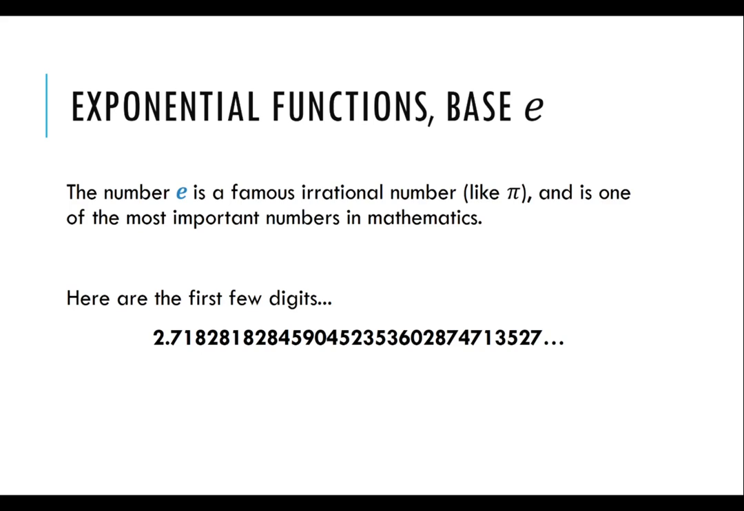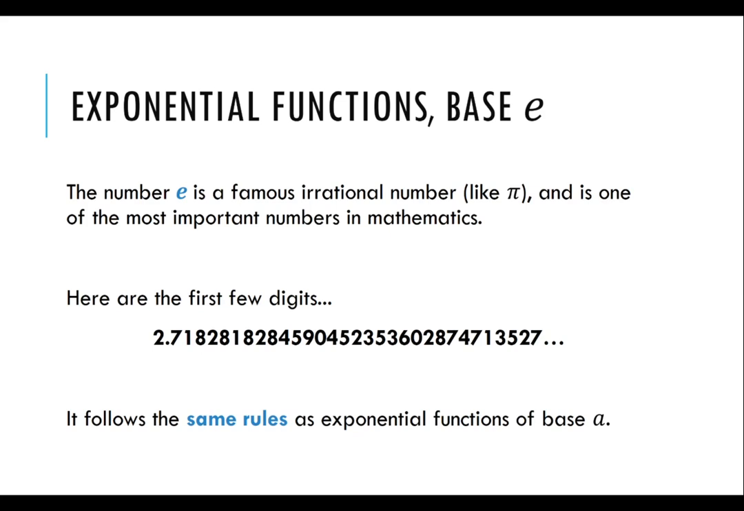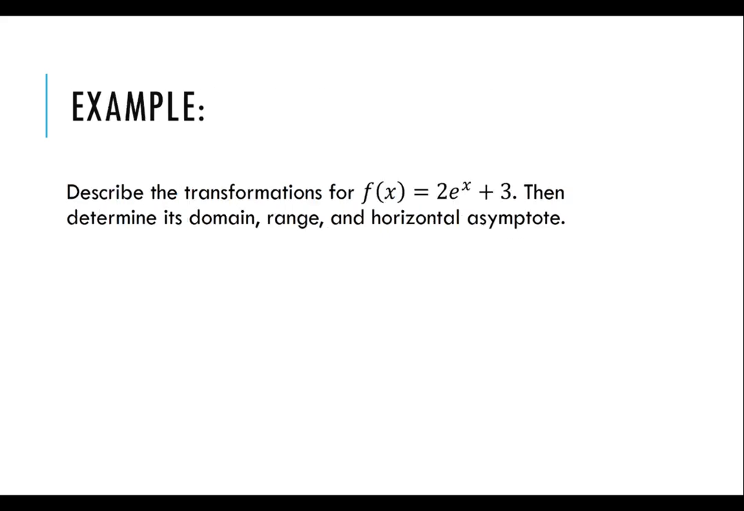E is approximately 2.71828182, so on and so forth. Non-terminating, non-repeating, which is why we write it as the letter e, because we don't have another way to write it. It's going to follow the same rules as exponential functions of a base a. Now realize that because e is larger than 1, we know the exponential functions with base e will be increasing functions. So here, if we want to describe the transformations for f of x is equal to 2 times e to the x plus 3,